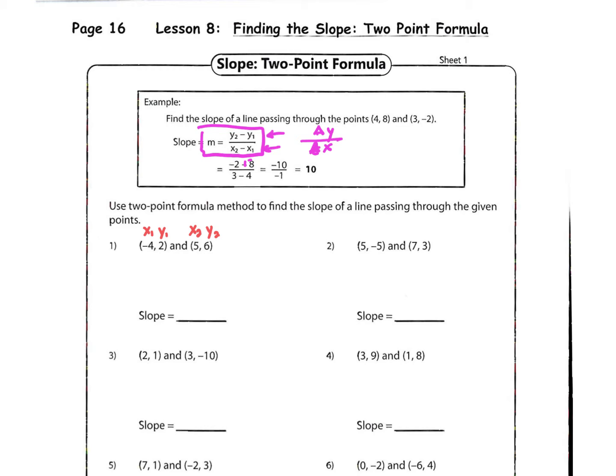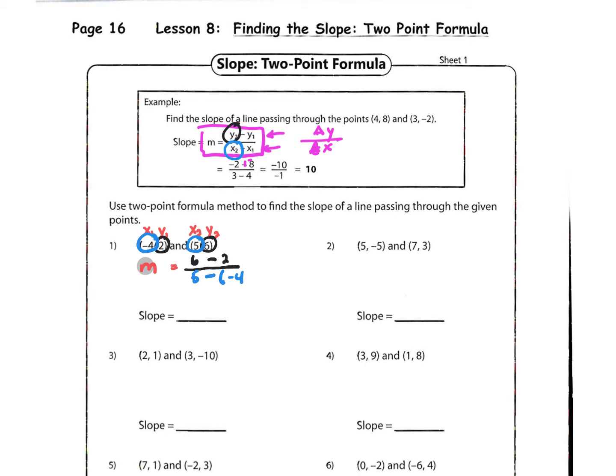So the slope formula looks like this: m for slope. So I'm going to write m for slope. And I start with a y2 number. So our y2 number in this case is 6. And then the formula says I subtract the y1 number, which is 2. And now I move on to the x's. The formula says I start with the x2 number, which is 5, and then I subtract the x1 number, which